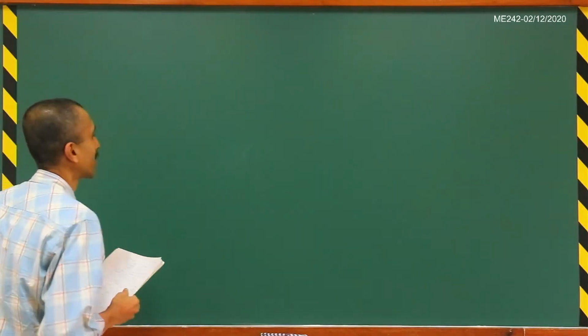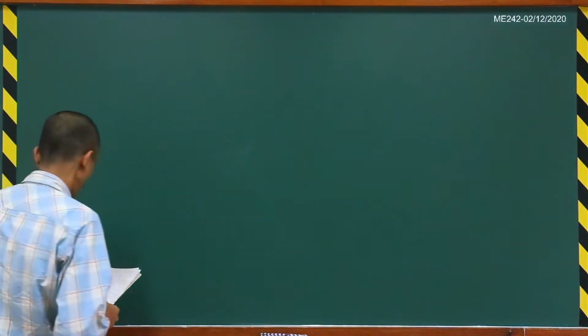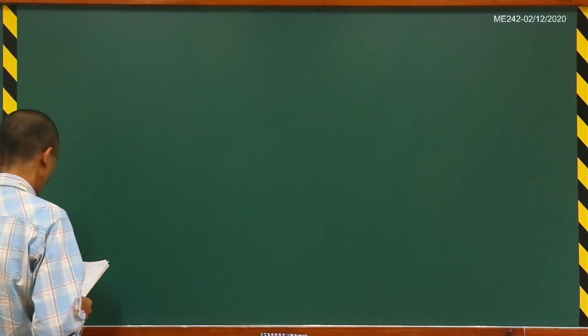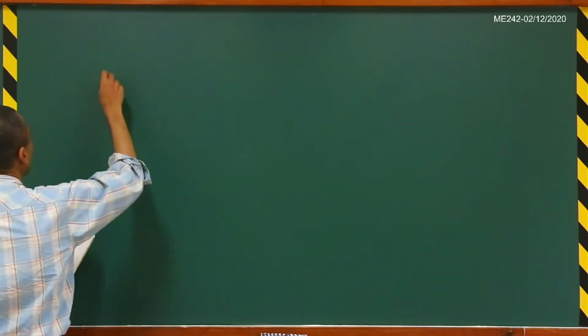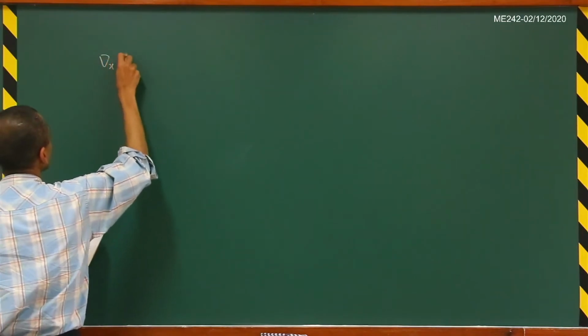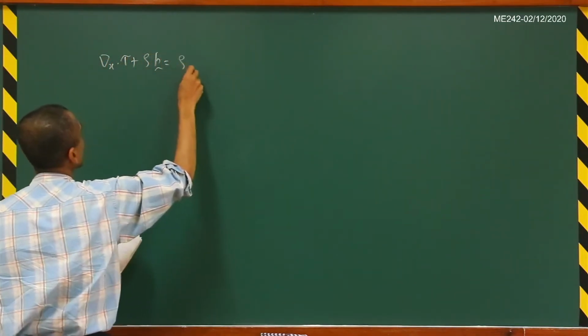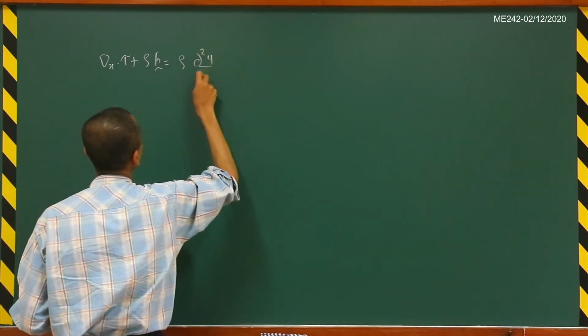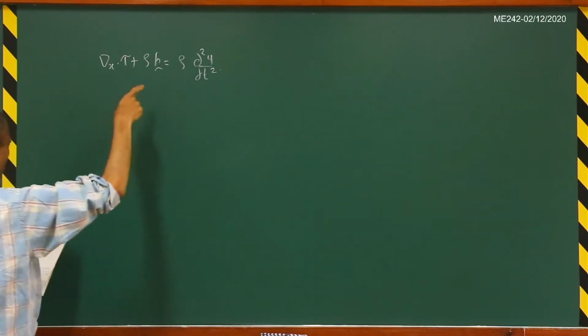So looking at the equations for an isotropic material from last time, let us just write down what the governing equations are for that particular case here. So we saw that the equation del dot tau plus rho v is equal to rho times del square u by del t square. Okay, so that is the balance of linear momentum.